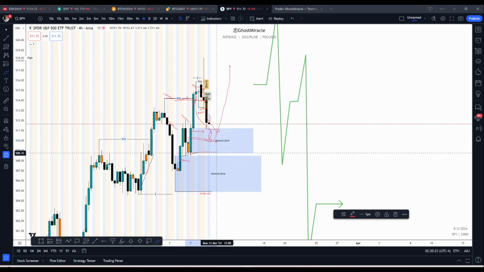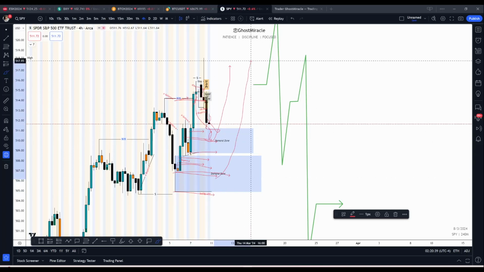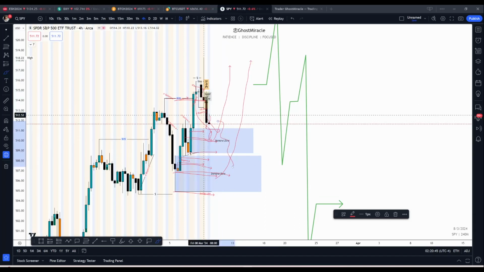It's just looking to maybe fill in the imbalance, maybe mitigate this demand zone, maybe come back down here. It's not much imbalance, but it's a small one, and then tap into this zone here,